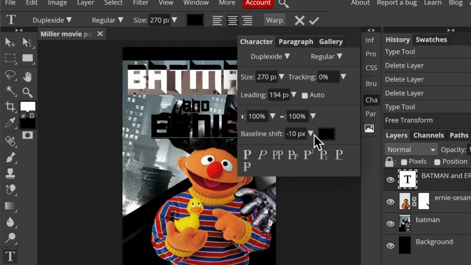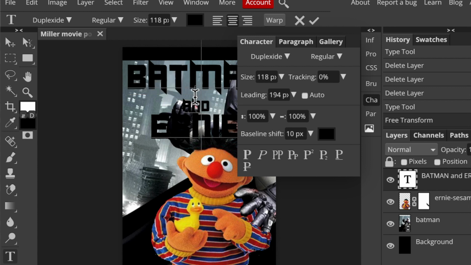Okay, I don't know if I can make the baseline shift further than that. No, it just wants me to go 10. But anyway, after a while, I was able to get it right. The other thing you could possibly do is make each line of your text a separate layer. Okay, so